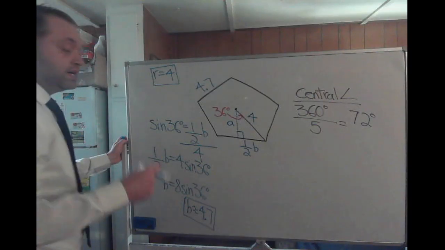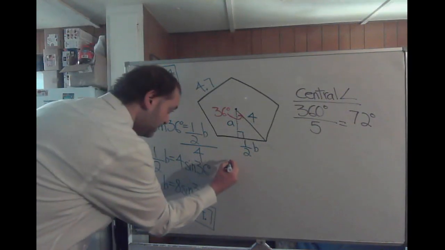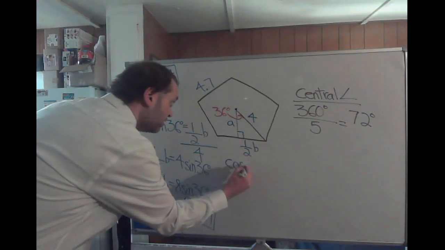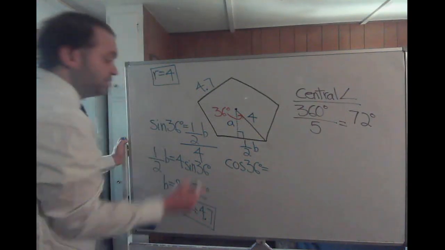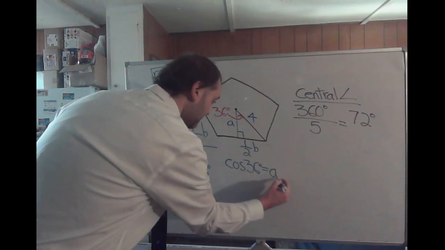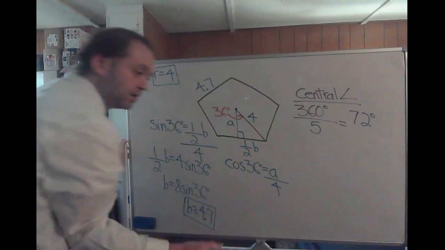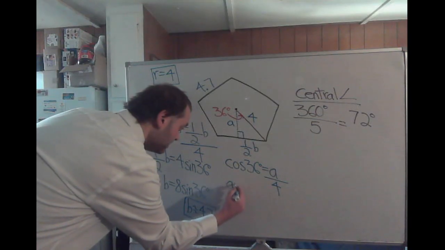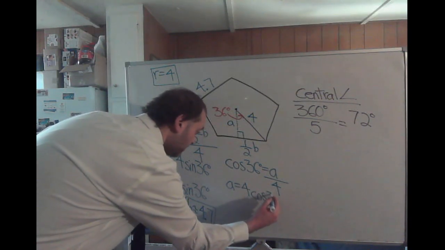So, adjacent and hypotenuse, that actually relates to cosine. So, set up your cosine of 36-degree ratio. That's going to be equal to your adjacent leg, the apothem, over your radius, which would be 4. So the apothem is equal to 4 times the cosine of 36 degrees,